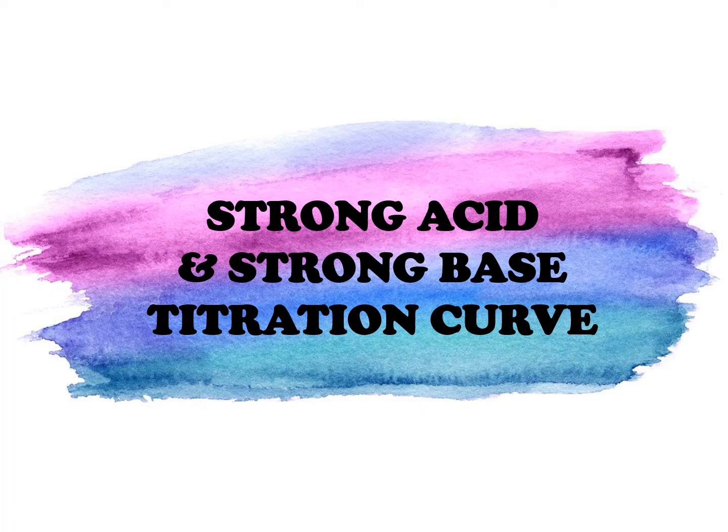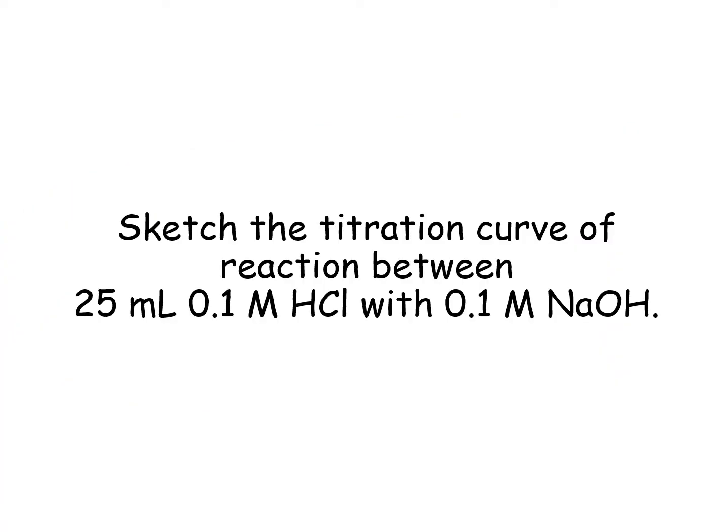So now let's look at how to sketch the titration curve between a strong acid and a strong base. This is the example in your notes. The first example: sketch the titration curve of a reaction between 25 ml of 0.1 molar HCl with 0.1 molar sodium hydroxide. Now, from the question,